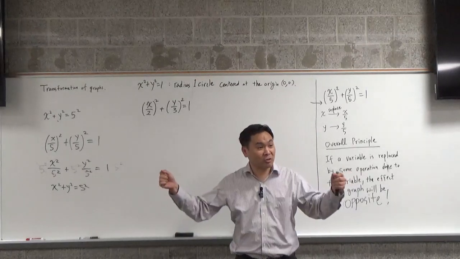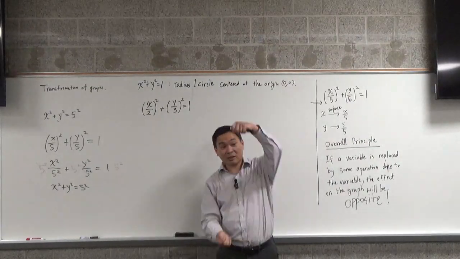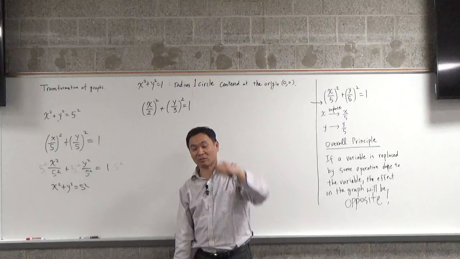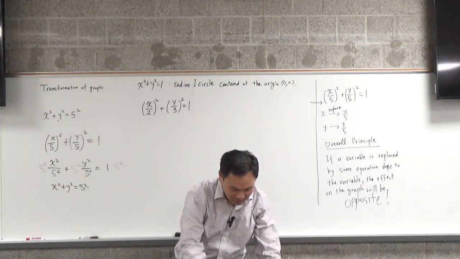You expand by 2, right? What does y over 3 do to the graph? It expands 3 times in the y direction, okay? So imagine that you have a